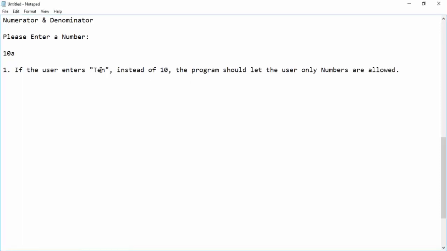Then the program should let the user know that only numbers are allowed. This is the first condition.